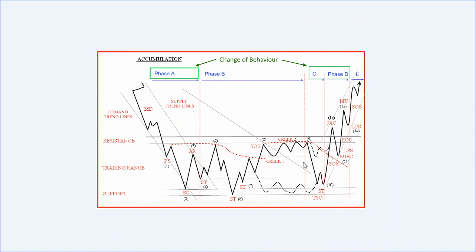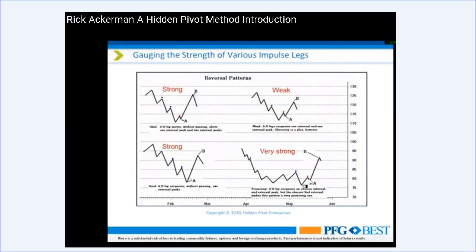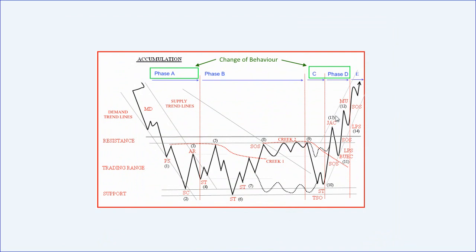Now Rick's hidden pivot point method is focusing on a minor pullback. So not really a situation where the Wyckoff traders in accumulation get a test of the spring down here. It sort of focuses on a minor pullback on the impulse wave. So it's really waiting till the upper range is broken, and then we get a pullback after that. So you can see the hidden pivot point method here is really focusing on after it's broken the resistance, and then it does a pullback here. So it's a late stage Richard Wyckoff accumulation breakout. Maybe it gets more success because it's waited till after more evidence has occurred,